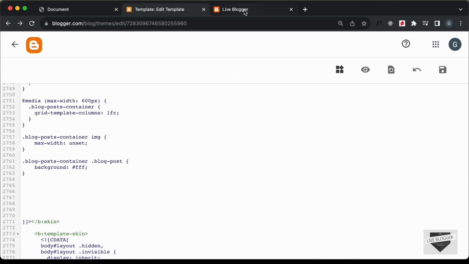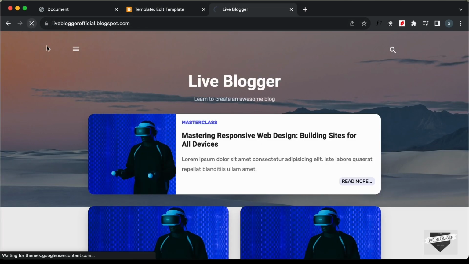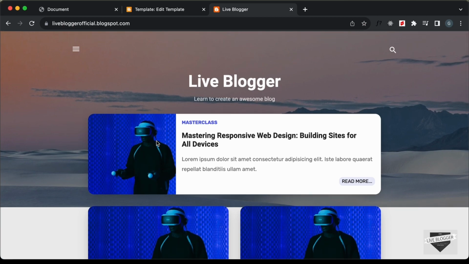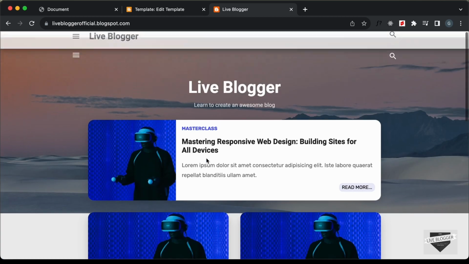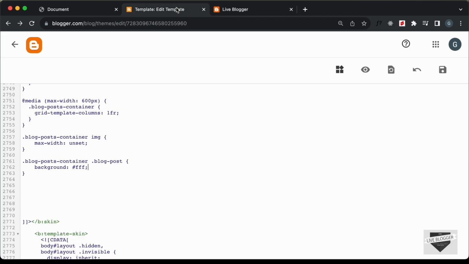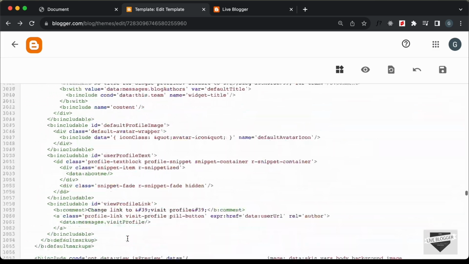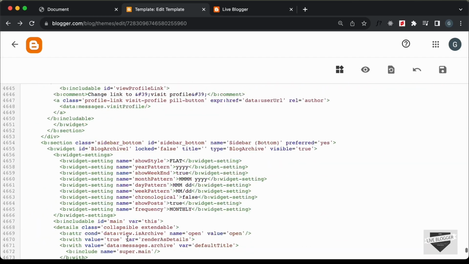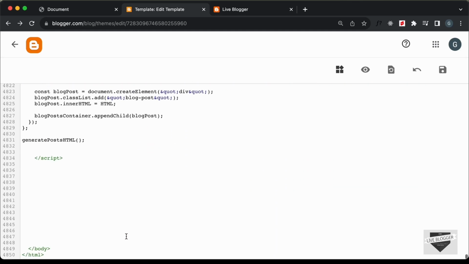and let's go back to our website and refresh this page, and now we can see we don't have any problems. Right now let's go ahead and display the content of our blog posts over here instead of these values, and for that we're going to use the Blogger JSON feed. So let's go back to our theme code and scroll down, and here we need to make some changes in the JavaScript. The first thing we need to do is create a script tag,